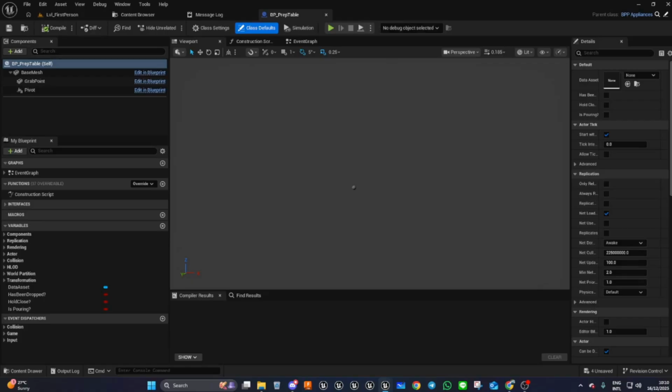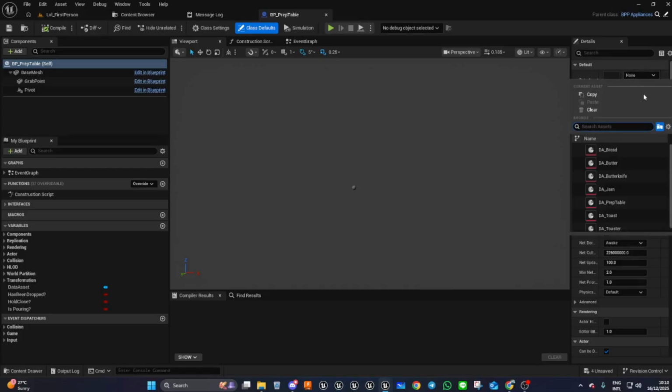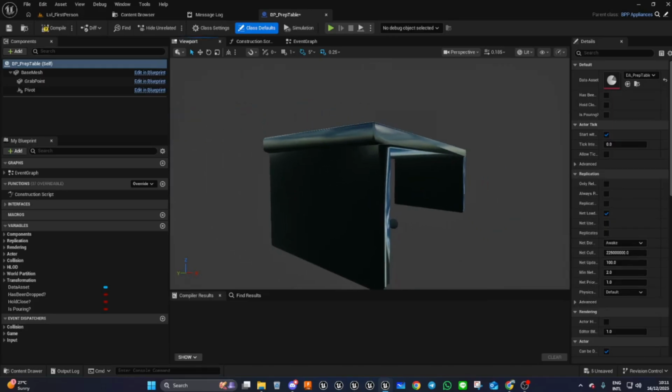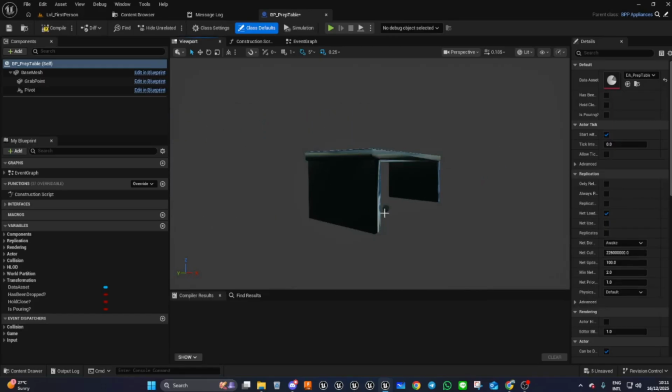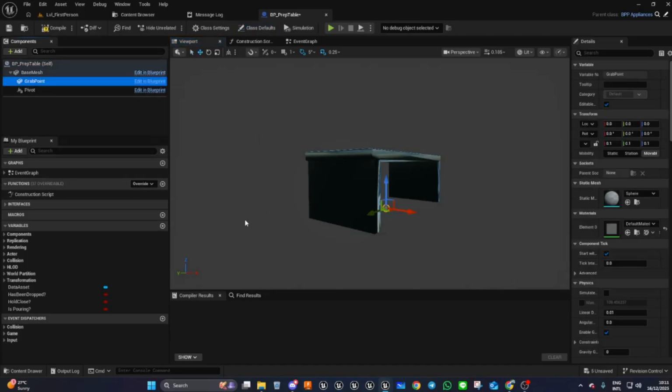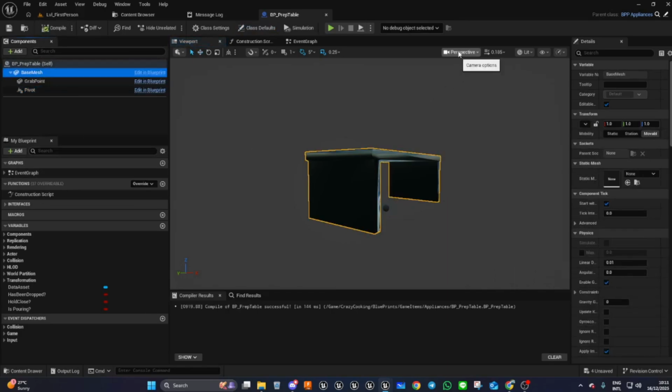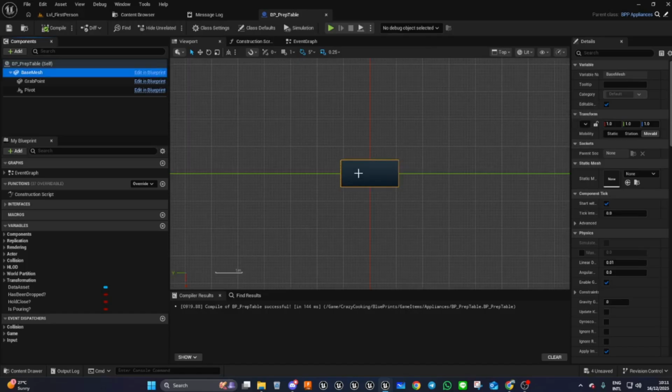Now I do believe I made a change in, yes I did. I made a change in here, but let's just see whether we did it or not last time. So we're going to go ahead to our data asset here inside our prep table, and we're going to select the prep table. If it's working right and you've got it popping in as a table, then we know everything's fine. The grab point we don't care about, the pivot we also don't care about today. What I do want you to do, and I put this on top perspective because it just helps me a little bit,